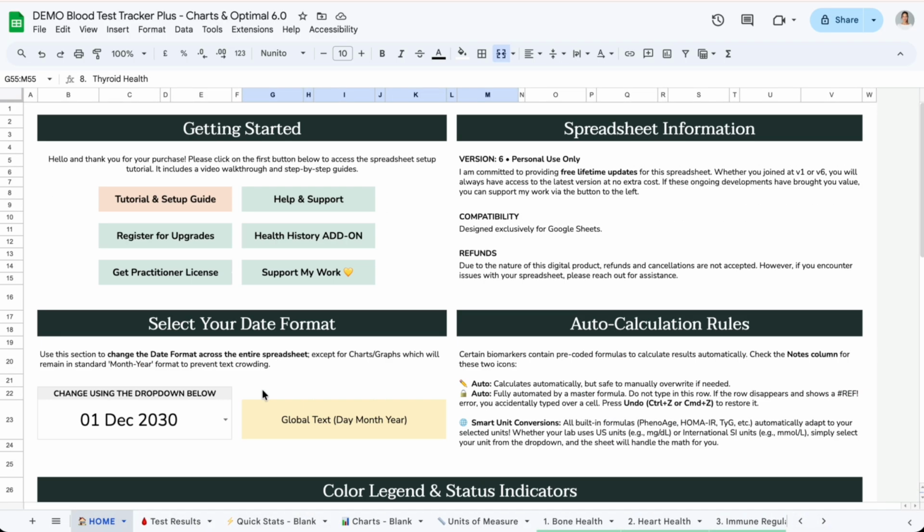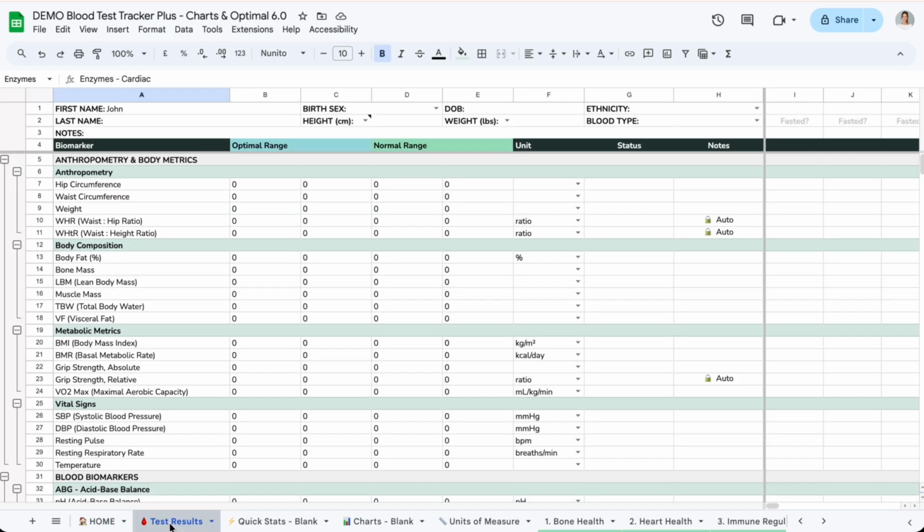Okay, great. So the next tab is the test results tab. This is the most important tab, actually, of the entire spreadsheet, because this is where all the other tabs are pulling their information from. So this is kind of where you will be working the most in the beginning to get set up. You'll see that on the top left, well, this whole section up here, let's say you have